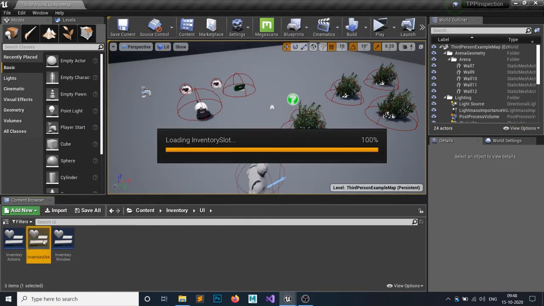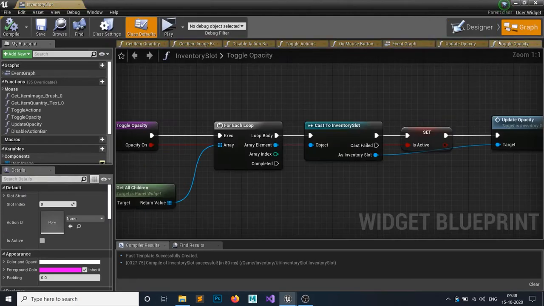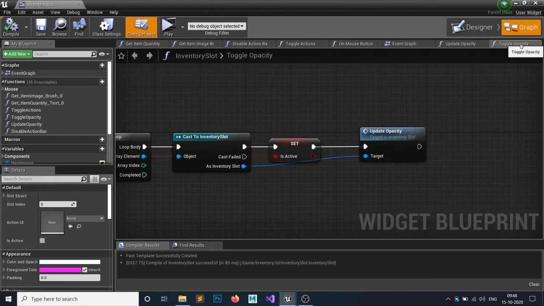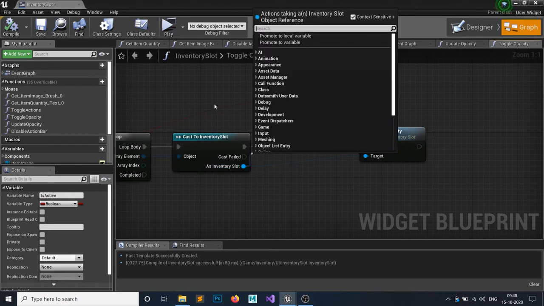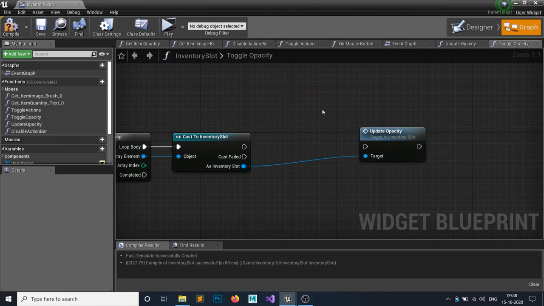It's simple. Open your inventory slot, and in the toggle opacity, you can see this is active. We don't actually want the is active for the current one. We actually want the opacity of every slot. So delete this is active.